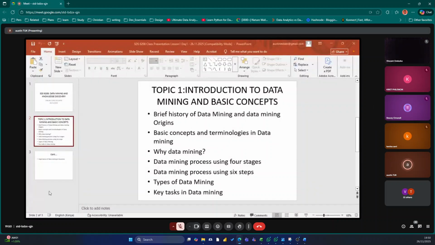I was talking about the six steps, not stages, that you can apply when carrying out data mining. I was on step number three, which is about preparing the data.